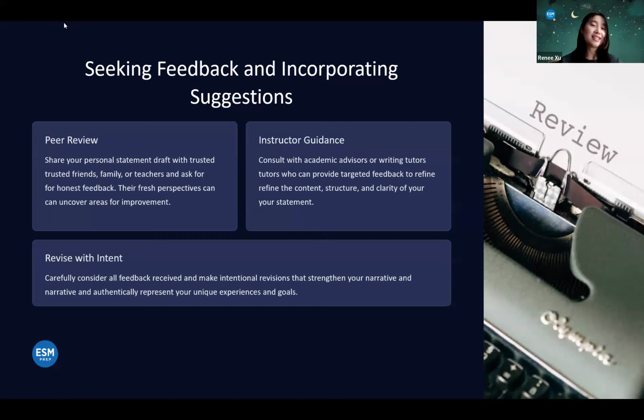And this is probably one of the more tricky pieces of the puzzle for a high school student: getting that feedback, because it can be where you're getting three different opinions and now you really don't know where to go. You're like, wait a second, I thought I was right about me, but now people are giving me different ideas. So that's hard. It's very hard for high school students. That's what authenticity is: who are you really, and who are you really trying to write about? Focus in on that. I think you'll end up writing a wonderful personal statement.